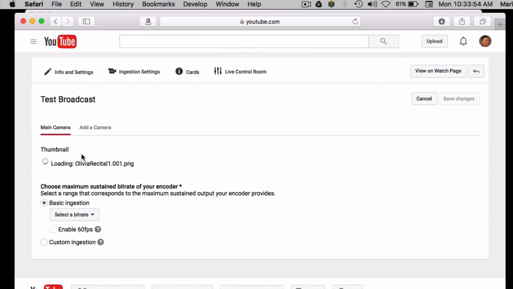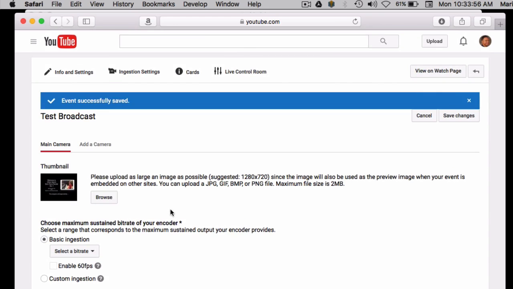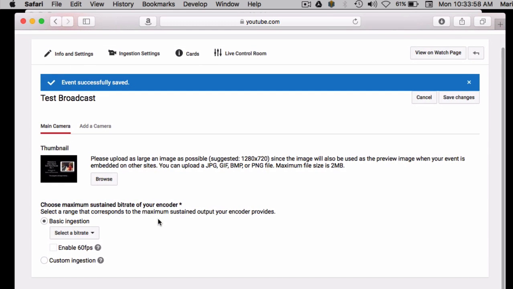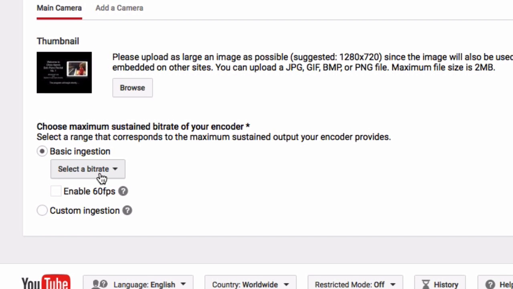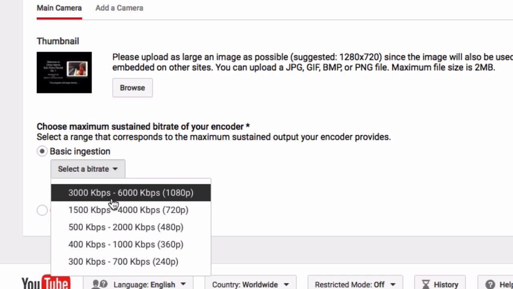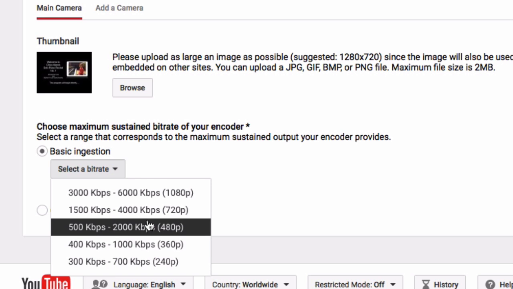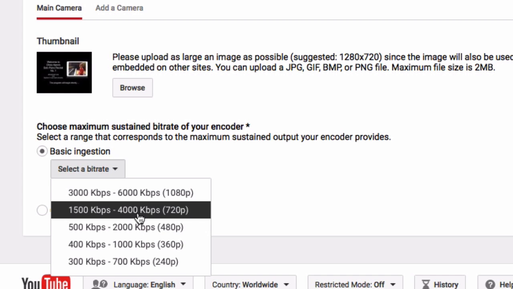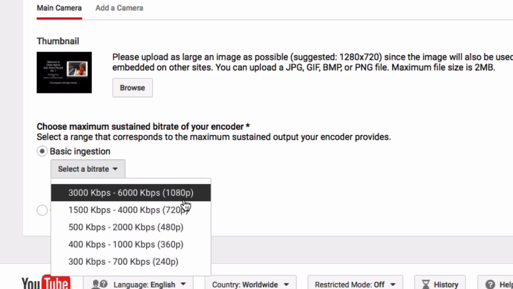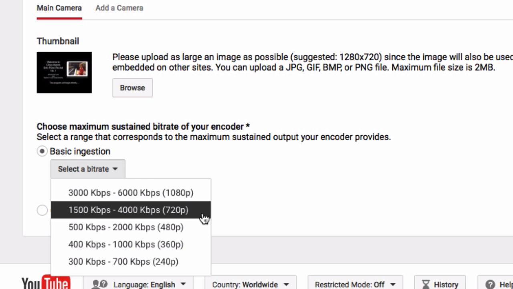But you can put any image there with some text in order to let them know that they're at the right place here. Okay. Enable bitrate. Now this depends on the speed of your internet connection here. All right, so we have a relatively fast internet connection, and usually YouTube does a good job of setting up